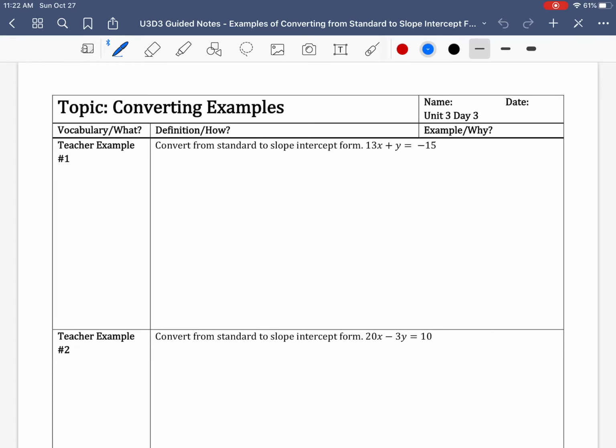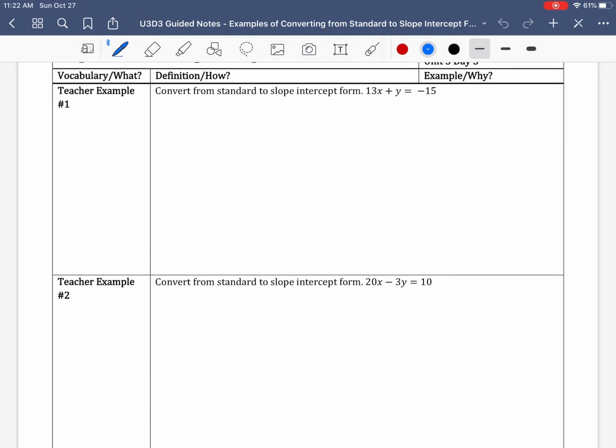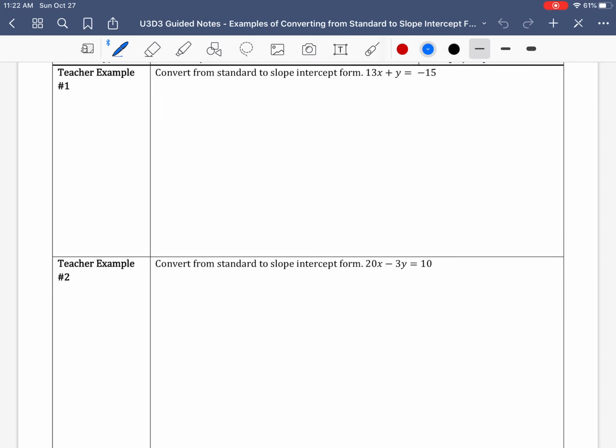Hi guys, today's video is going through 3 converting from standard to slope-intercept form examples. So all of these examples are when you're given an equation in standard form, how we would convert them into